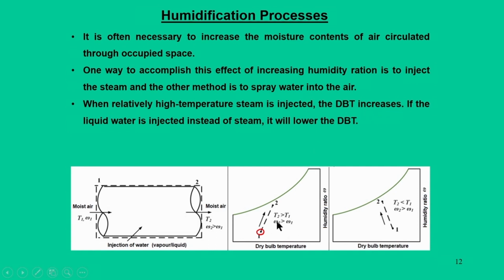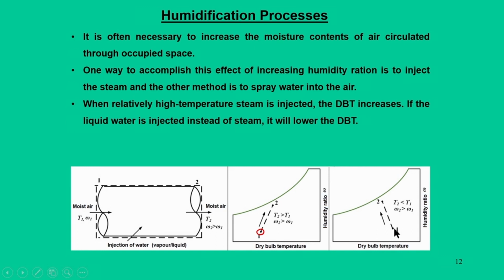This ensures that addition of either water vapor or steam always increases the humidity ratio, but when steam is added, the temperature of air goes up, and this can be denoted in the psychrometric chart, that point 1 goes to point 2 in this direction with increase in the dry bulb